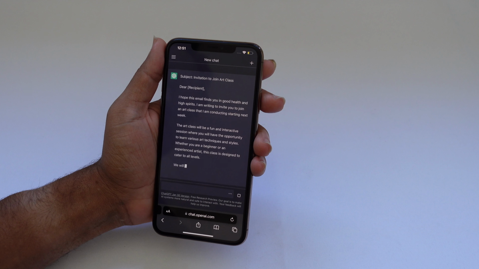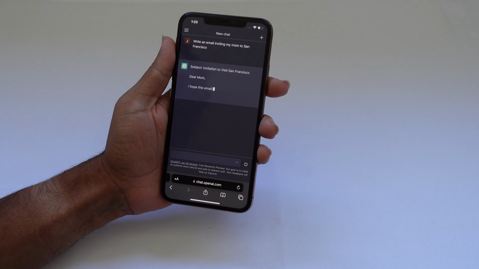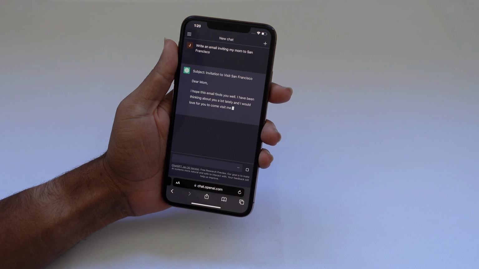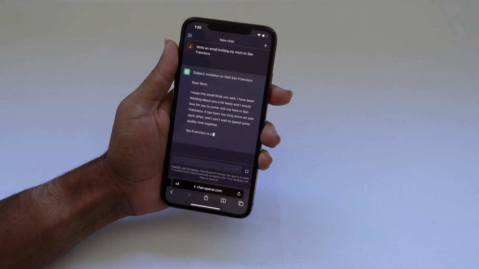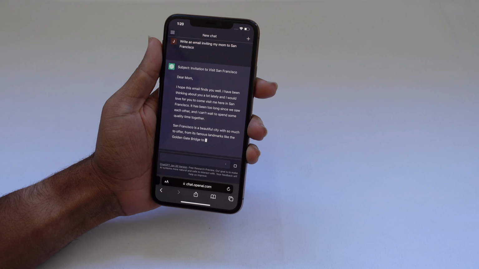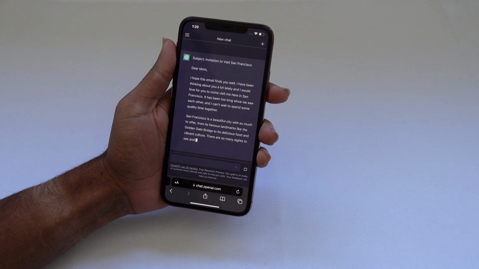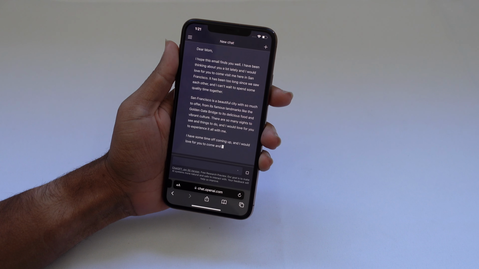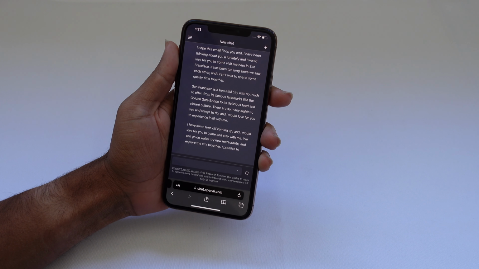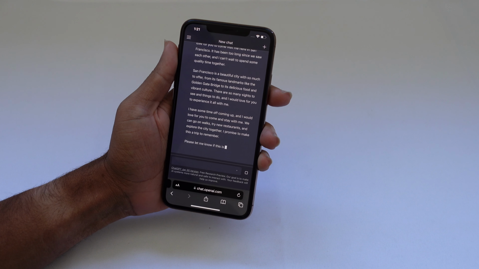And it's really impressive that it can help out. We can say write an email inviting my mom to San Francisco, and you can see it spits it out. Subject, invitation to visit San Francisco. Dear Mom, I hope this email finds you well. I've been thinking about you a lot lately, and I would love for you to come visit me here in San Francisco. It's been too long since we saw each other, and I can't wait to spend some quality time